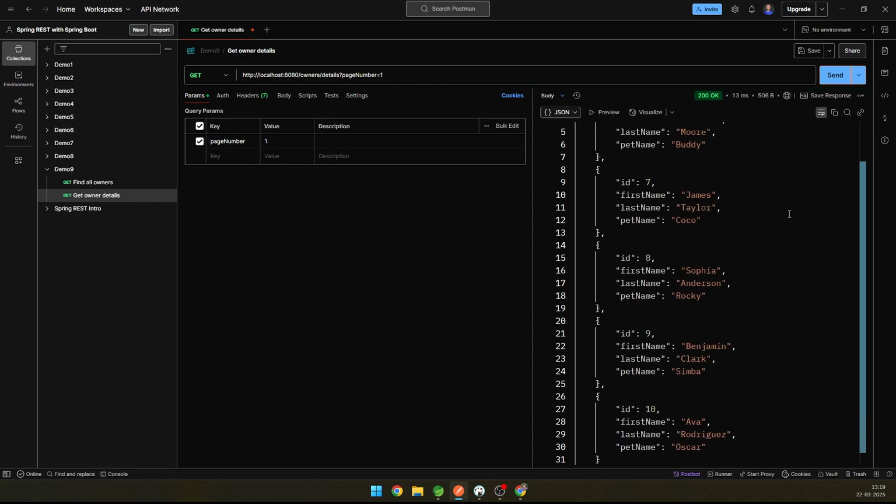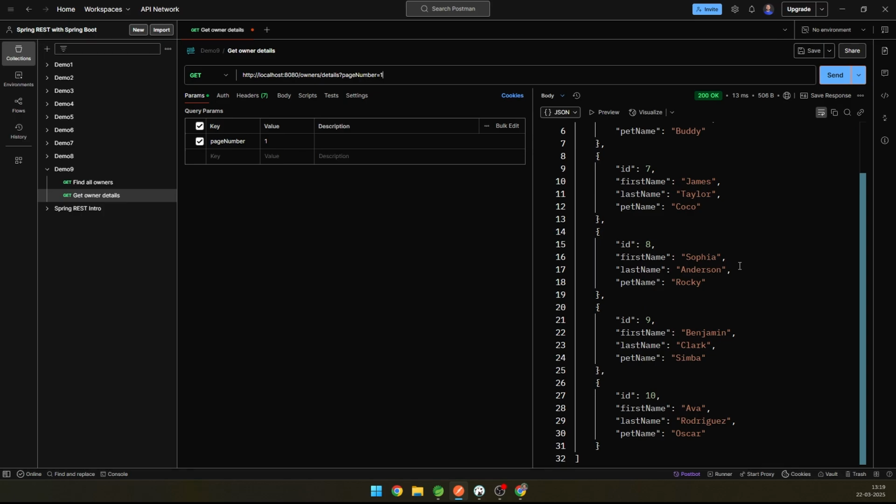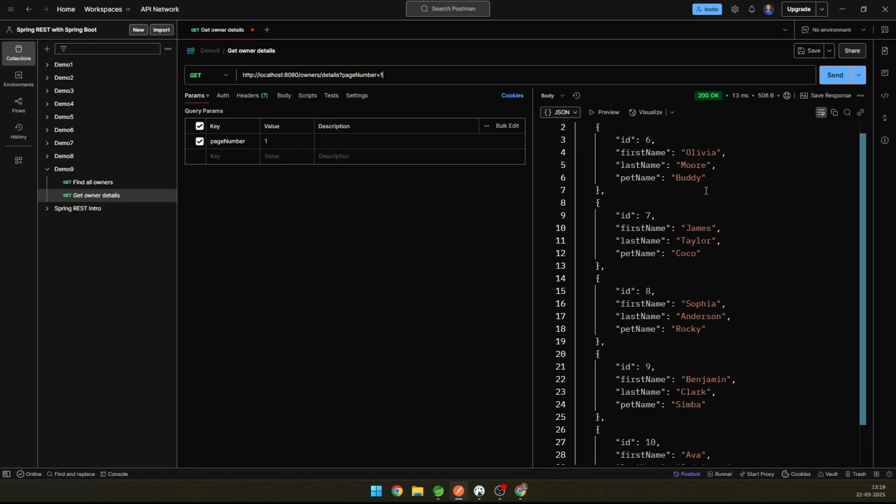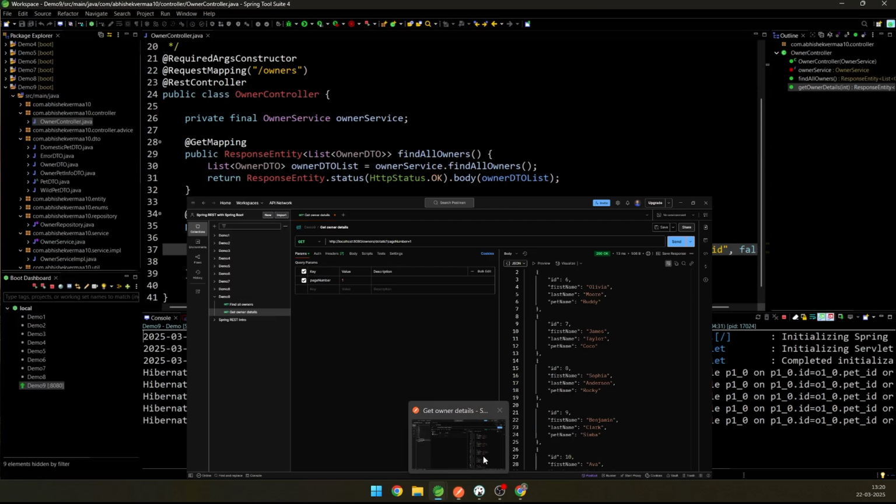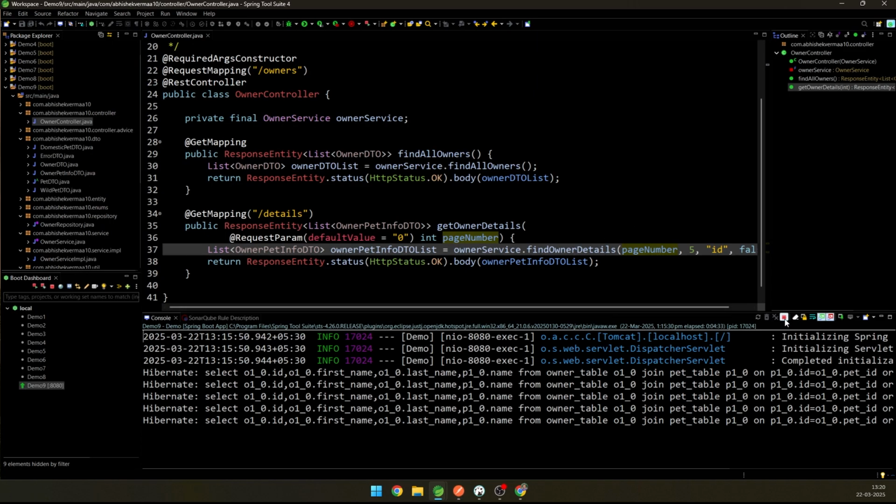Now here you see that by default, it is showing only 5 data on every page. It is sorting on the basis of ID, and it is in the ascending order. What if I wish to change other things also? So for this, what we will do is we will go back here, and first of all, let me just